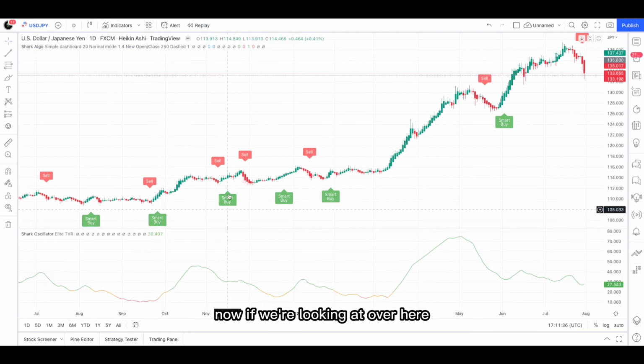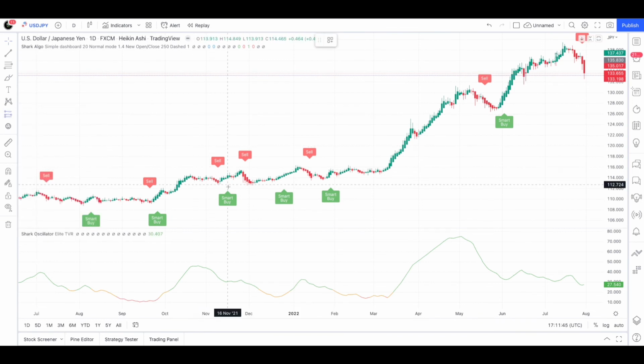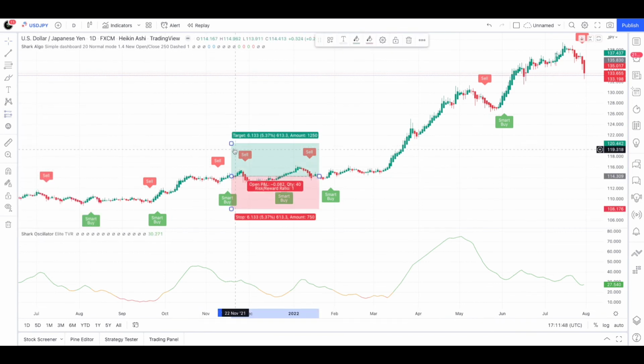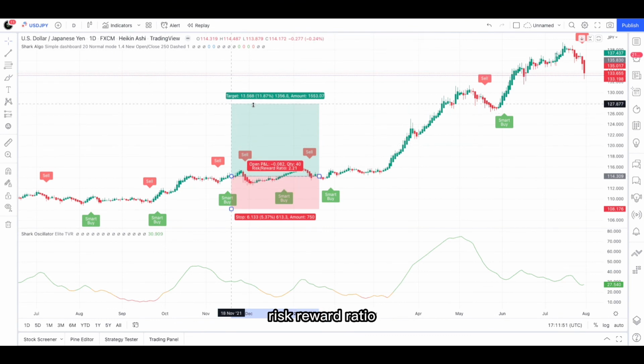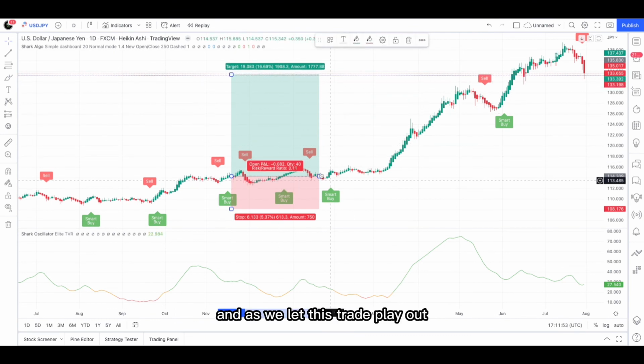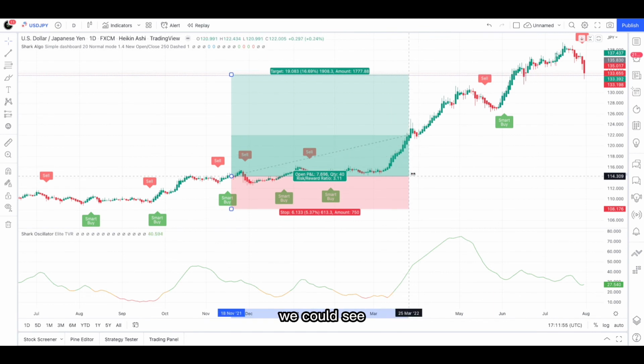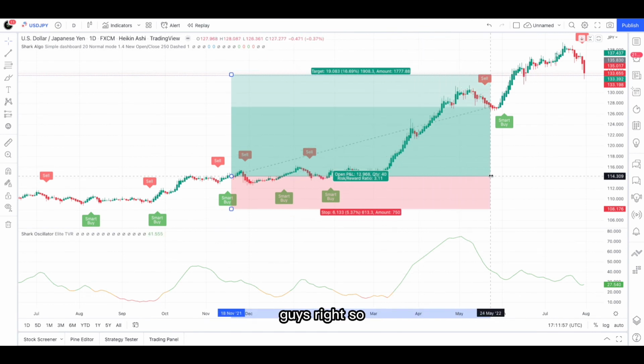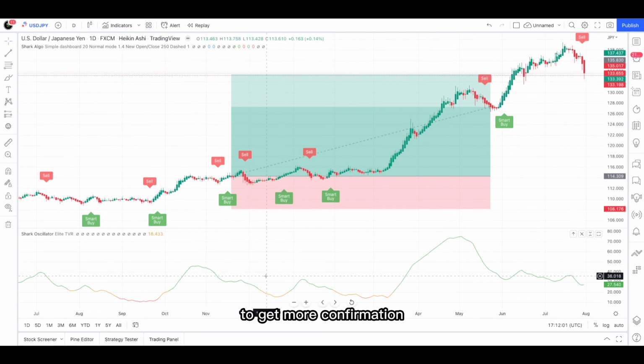Now, if we're looking at over here, we see the smart buy signal, and now we're in the green. This is giving me more confirmation. That's something I want to take. So for example, we go long on this position. We would enter our trade over here. We do a 2-to-1, 3-to-1 risk to reward ratio. And as we let this trade play out, we could see that it was very profitable, guys. Right? So that's just another example of how simple it is to use this oscillator to get more confirmation with